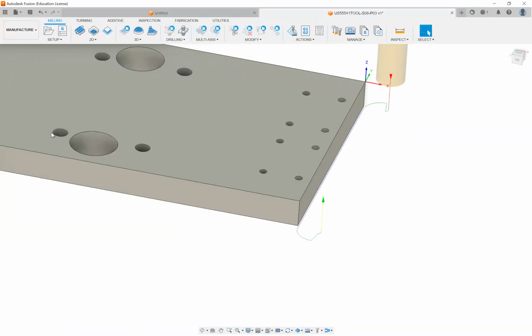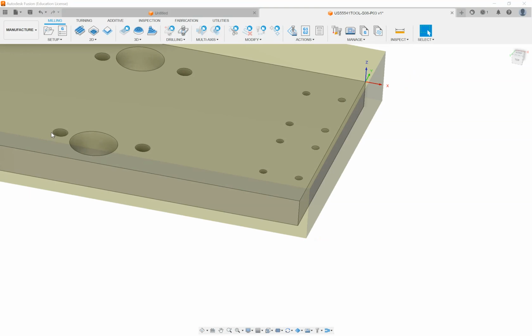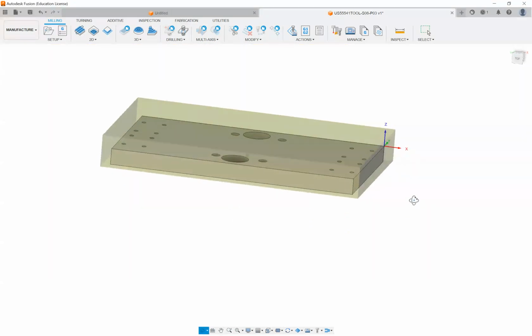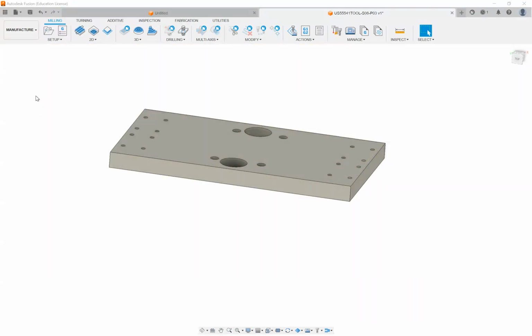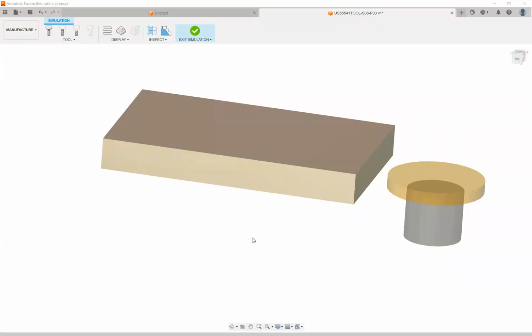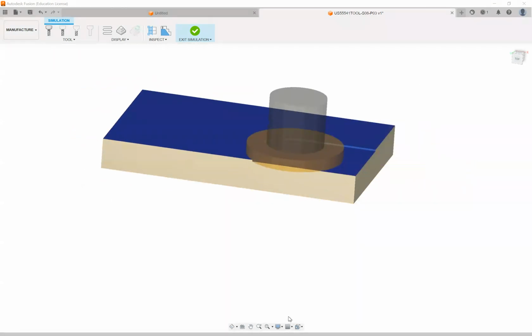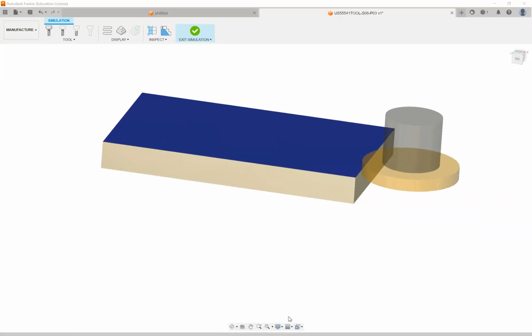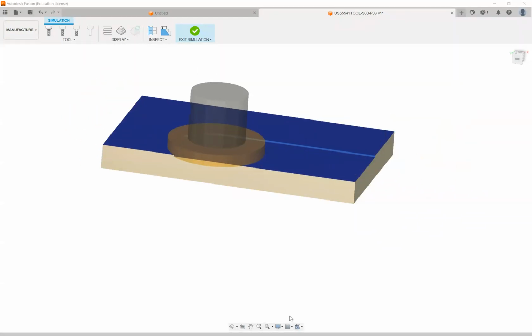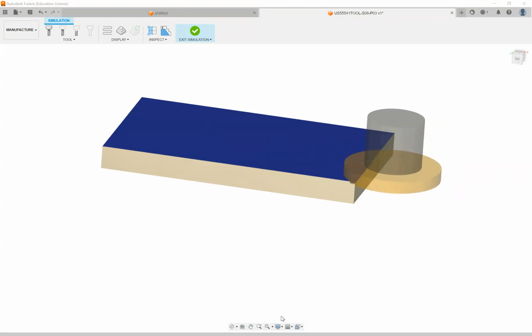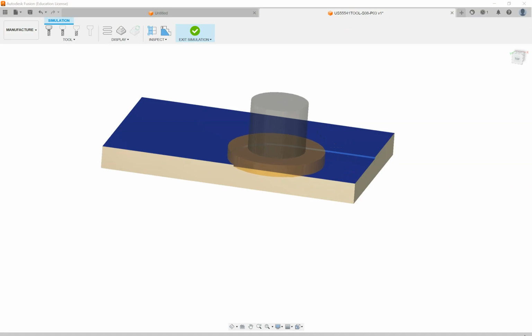So, okay, now what we'll do is we're going to go to the setup. Actually, I'm going to run all the setups so I can get rid of all my excess stock so I don't look like I'm crashing. So let's run this through. So we're seeing all the stock being removed on the faces first. And you can see down at the end, I'm going to slow this down for a minute. If you follow my cursor way down at the end here, this little area,